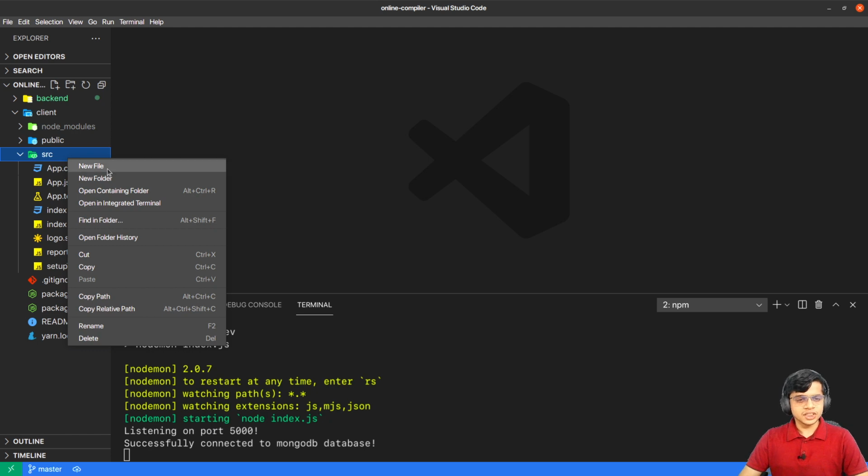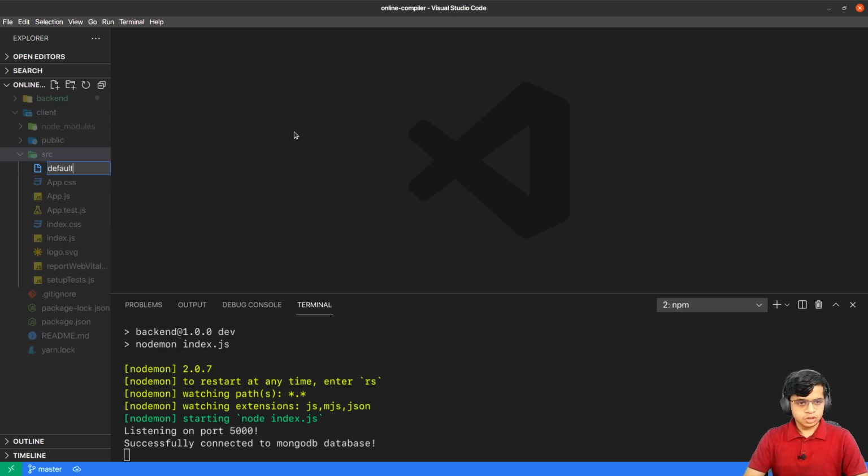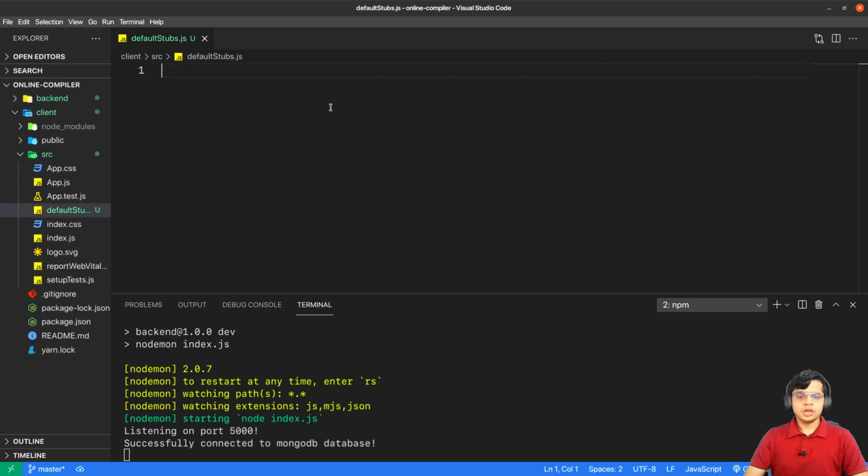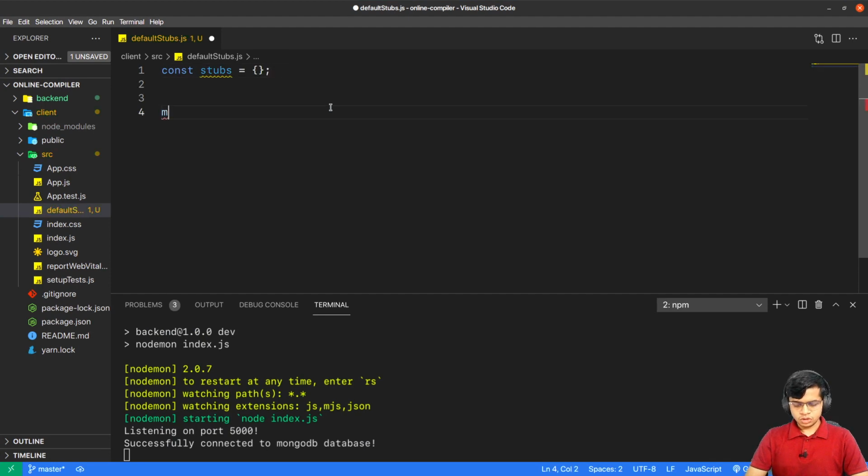So we call it default stubs.js. Now in this file, we'll create an object called stubs, which will be an empty object for now. We will export this as a default object, export default stubs, and we'll assign stubs.cpp some code here, and we'll assign some code for file.